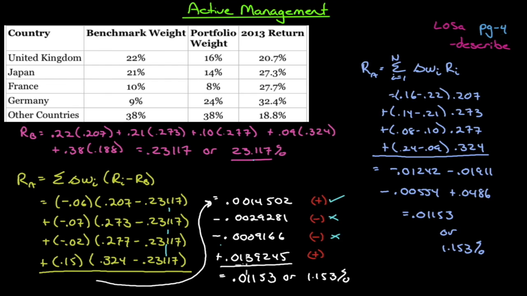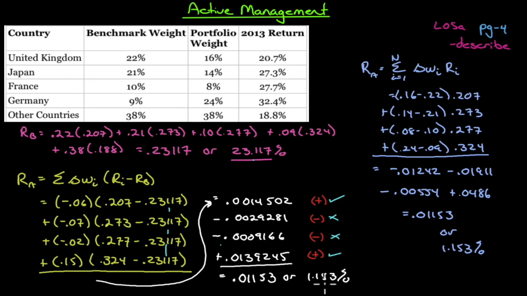And here it's positive, significantly positive. I shouldn't say significantly as in the statistical sense, but let's say bigly. How's that? We'll use the new president's word. It's positive bigly. So that's a good decision. What did we do? We were really overweight a really big outperformer. That's a fantastic decision right there. If we add them all up, we get 0.01153 or